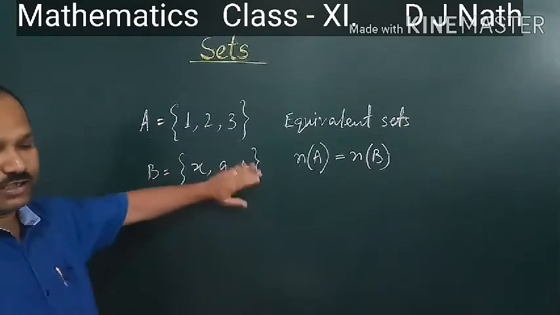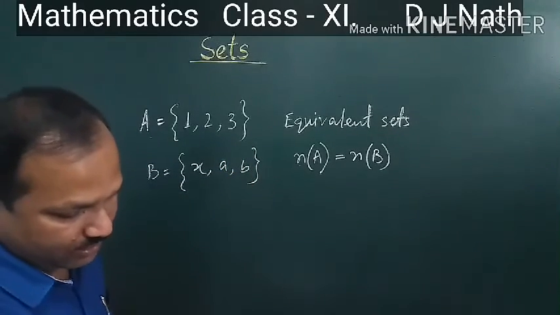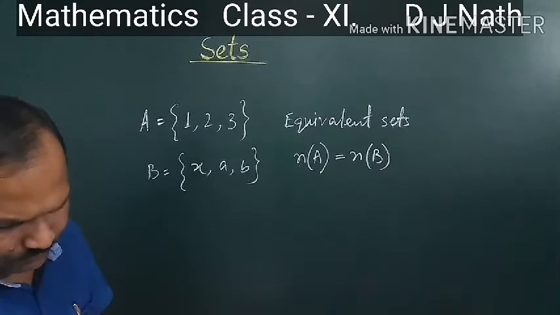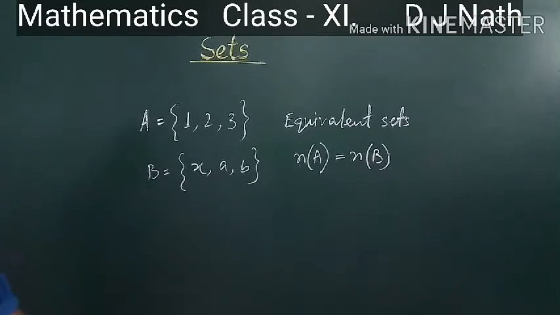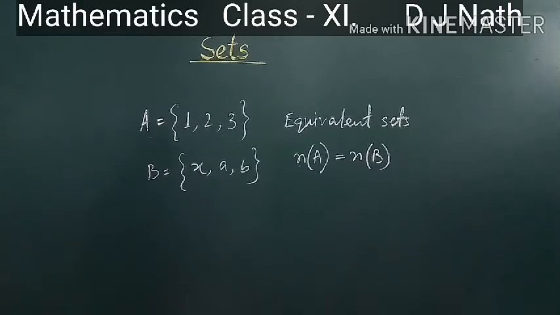So this concept also is there in question number 4. It is equal sets. State whether A is equal to B or not. Okay. So along with that, I have given this idea also, what is called equivalent set. All right.